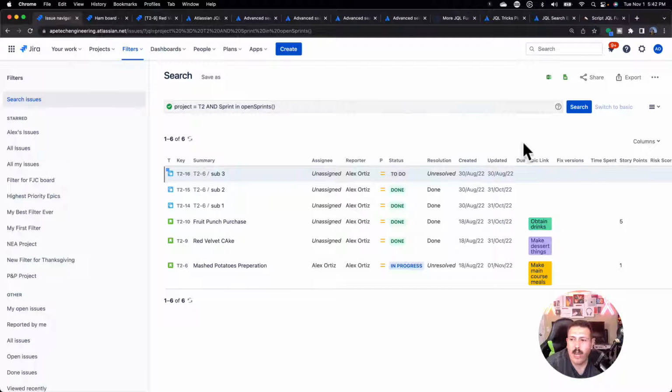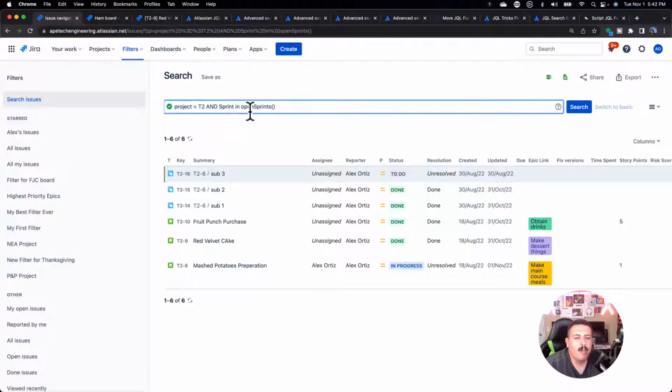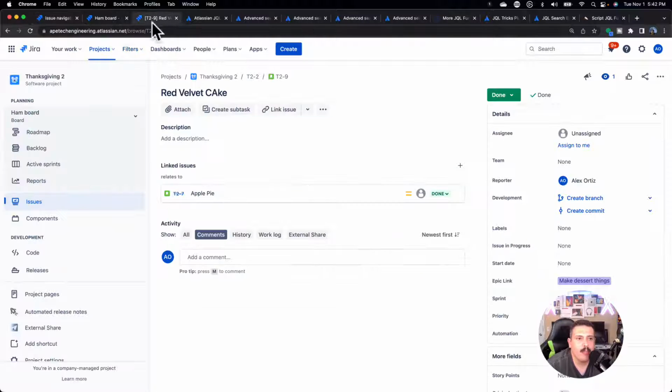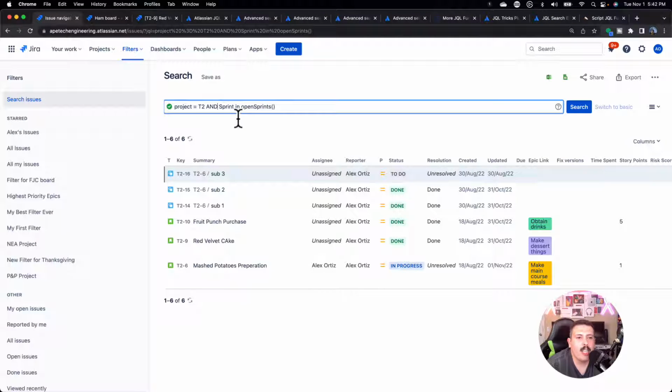Have we gone over the OR syntax? So I kind of mentioned it, Perry. I didn't give you a specific example, but let me just show it to you here, right? So this AND basically means that anything that gets returned here is going to meet both criteria. It's going to meet that the project equals T2, so that means the key is going to be T2, and the sprint value is going to be that of the current active sprint, in which case we have T2 sprint 2, right? If I change this to an OR,